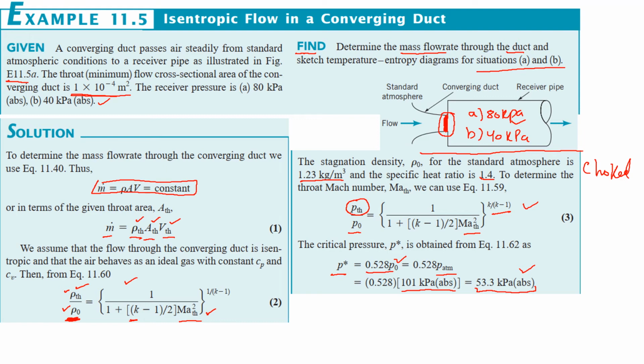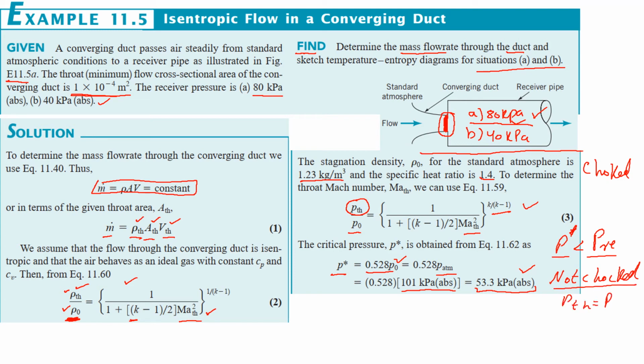But as you know, we are solving for a condition in which the receiver pipe is having a pressure of 80 kilopascals. We got that the receiver pressure is 80 kilopascals. So the P star, the critical pressure, is less than the pressure of the receiver. So in this situation, if the pressure of the receiver is 80 kilopascal, we can say that the nozzle is not choked. The nozzle is not choked, and we can take the throat pressure